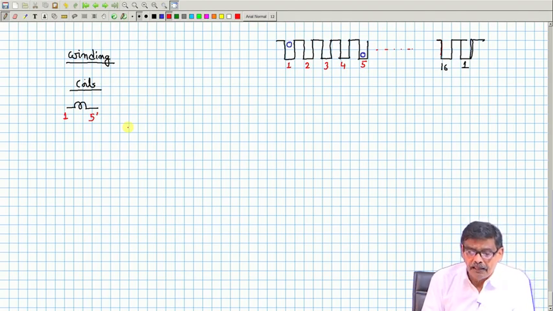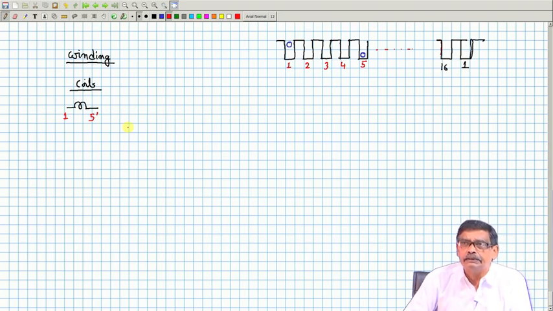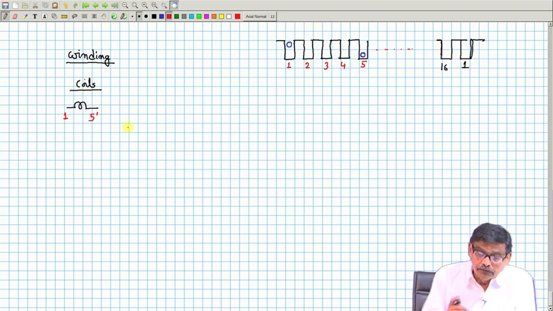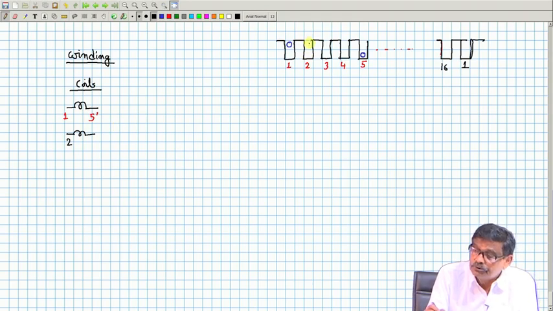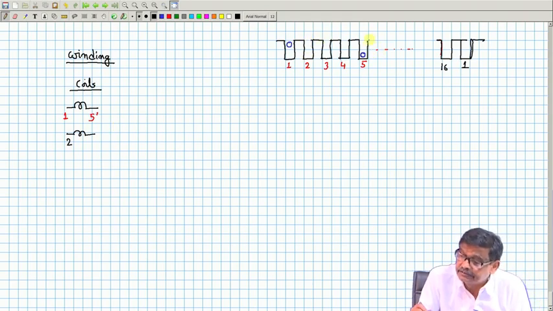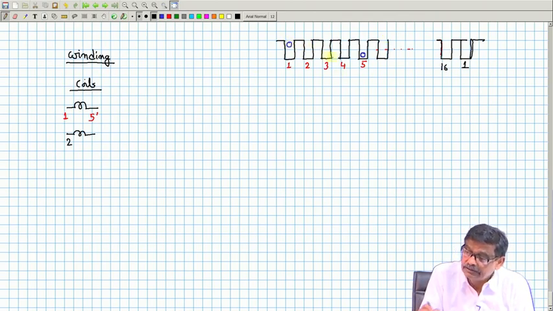Now, what happens is this, there will be 16 coils and all the 16 coils will be connected in series and the circuit will be closed. Now, the next coil I will take and I will start like this. Next coil I will start from 2 and its return will be in 6 dashed. So, this is coil 1, this is over,